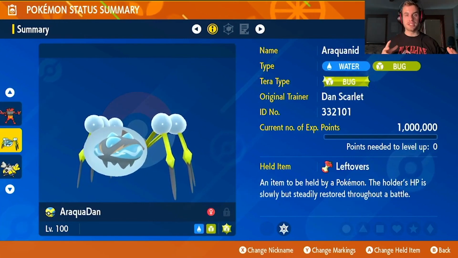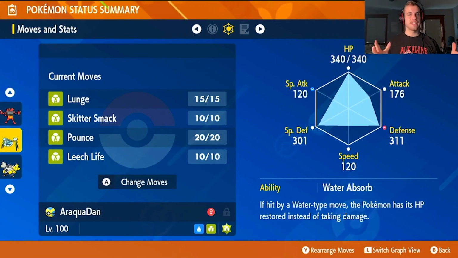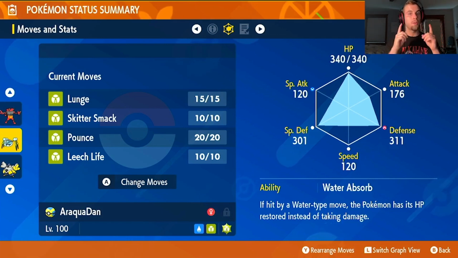Here is our Araquanid support build for Iron Leaves and Walking Wake. It has max HP EVs and max defense EVs and the final 4 in special defense. It has an impish nature to lower its special attack while raising its defense. This gives it a balanced defense of 311 and special defense of 301. Water Absorb is one of the keys to this build. Just like our Lanturn build, our Water Spider has immunity to all water type moves, including Walking Wake's strongest move,